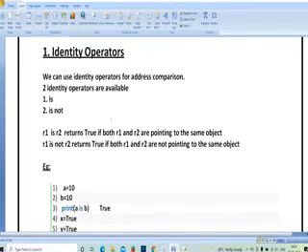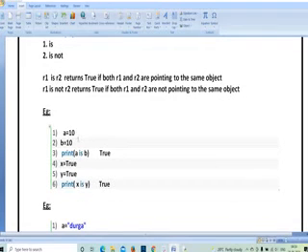It means if the condition is true, if a is equal to 10, b is equal to 10, a and b are equal. So if a is b, the condition is true, a equals b. And if a is not b, meaning a is not equal to b, then also our condition is true. So here you can see a is equal to 10, b is equal to 10, a is b. 'Is' means equal to, the condition is true.